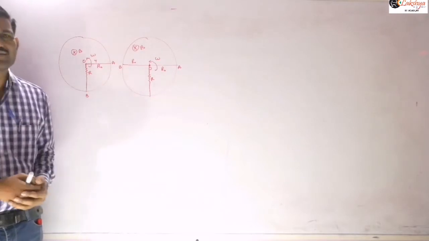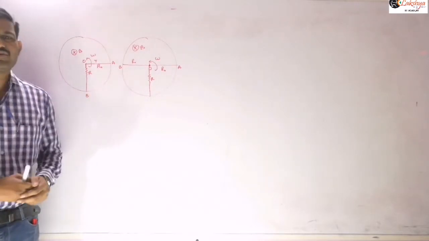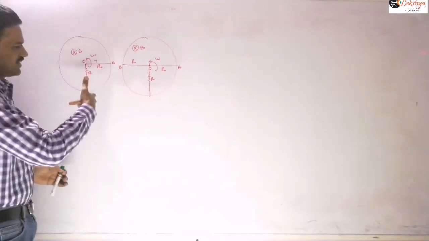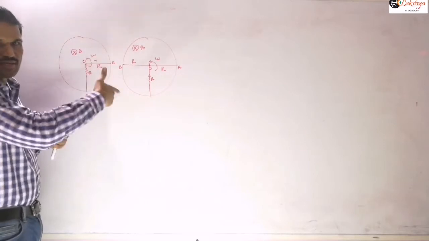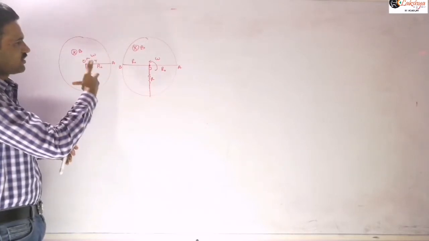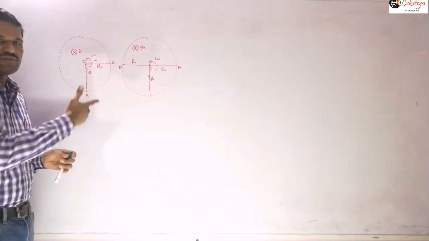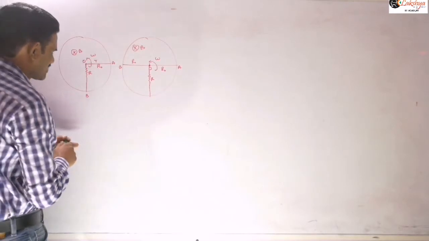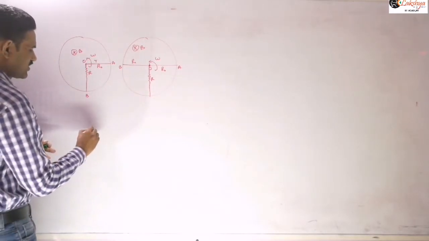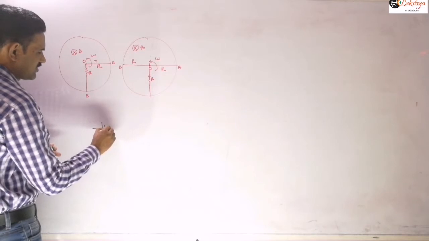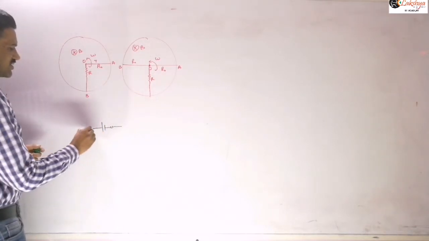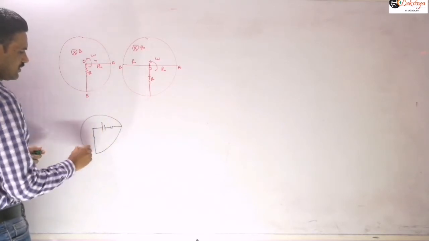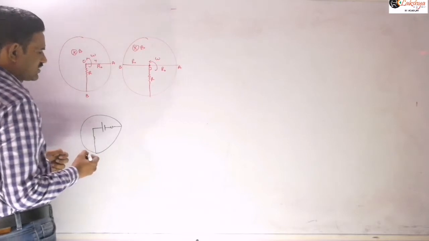We discussed already in the last class what the induced EMF produced in the ring is. Now if I consider that the field is into the plane, at this instant the conductor is moving in the upward direction. So the current is flowing from A to O, which means O will be at the higher potential, right? So I can represent this like this, having some internal resistance here, and this is another resistance R here. So this is our circuit.